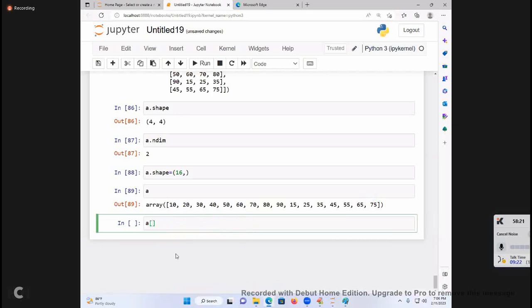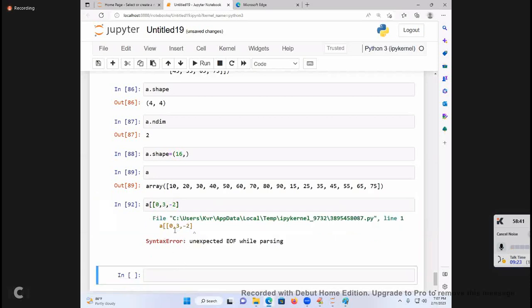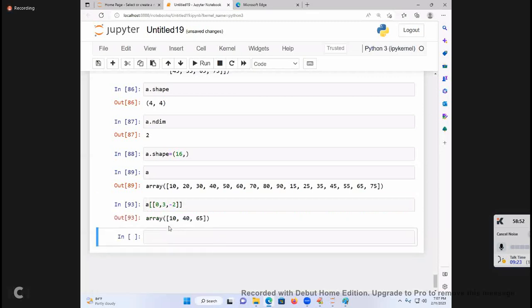A of 0, 3, minus 2. Closing bracket. Okay. Getting or not? Yes.